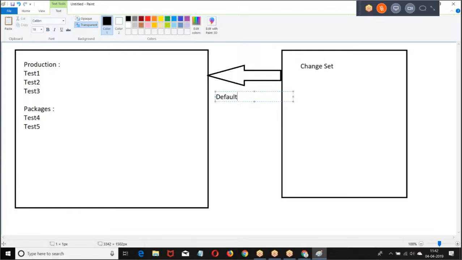what is the option you have selected? Default. If the change set doesn't contain any test classes, when I choose default, no test classes will execute, directly the components will be deployed.